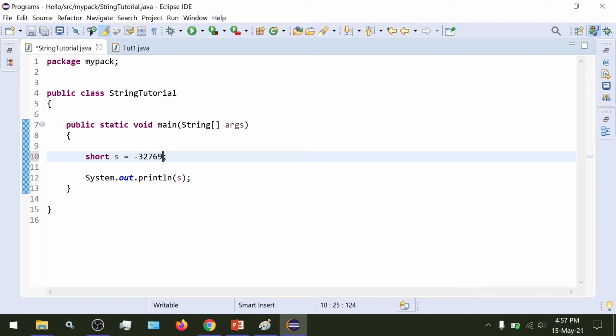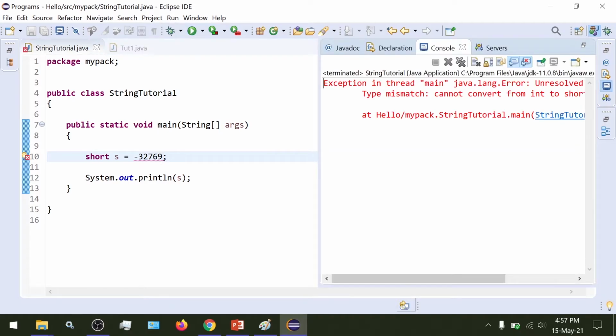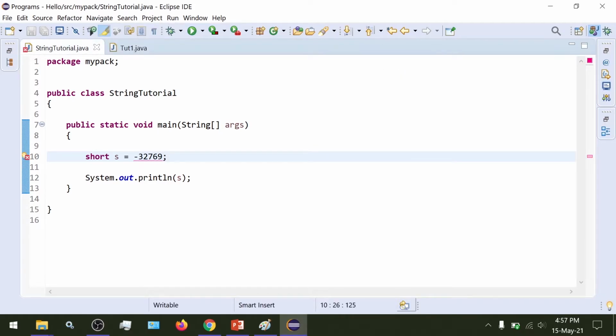But if I give a number even slightly more, just increasing the number by 1, now we are getting an error. We get an error because the number of bits required to represent this number exceeds the length 16. So we cannot represent this number using the short data type. We would need another data type to represent this.